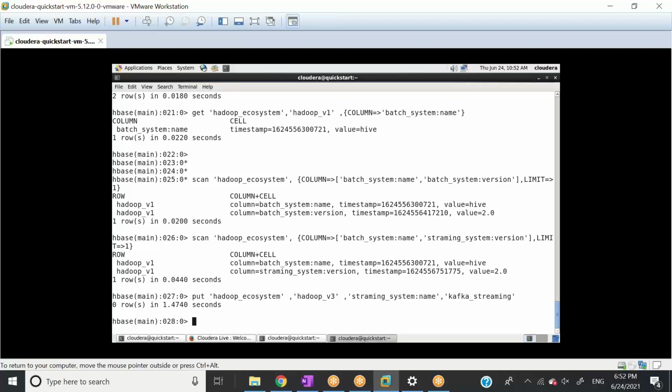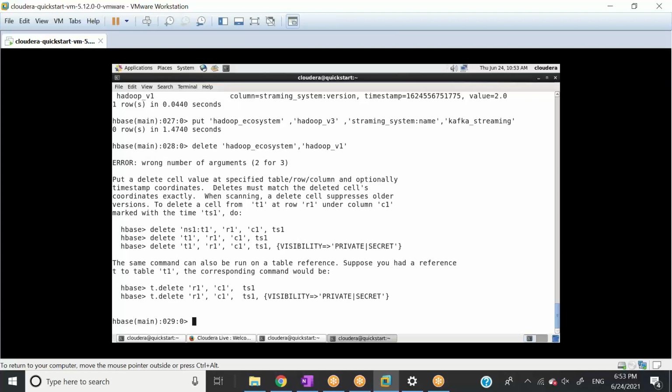And one more thing which is very handy here, that we can even delete things. Delete. Which table do we delete from? Hadoop underscore ecosystem. Okay, and which row ID do we need to delete? Let's say Hadoop underscore v1, right? And let's say we need to delete it fully.